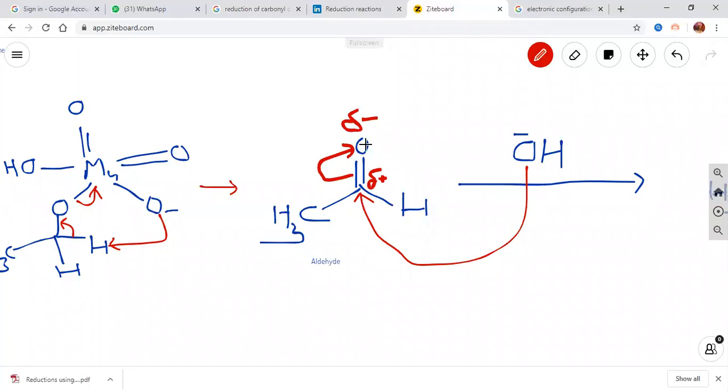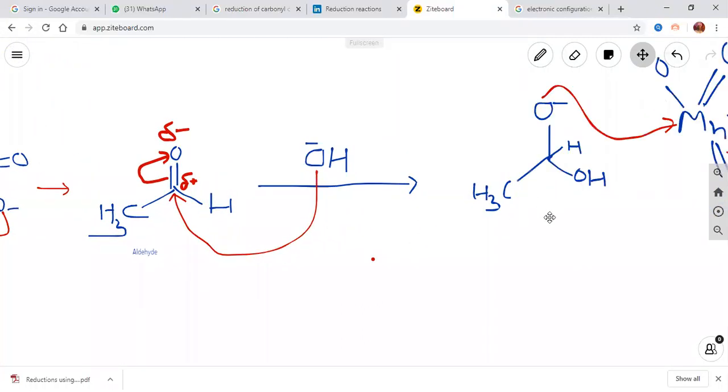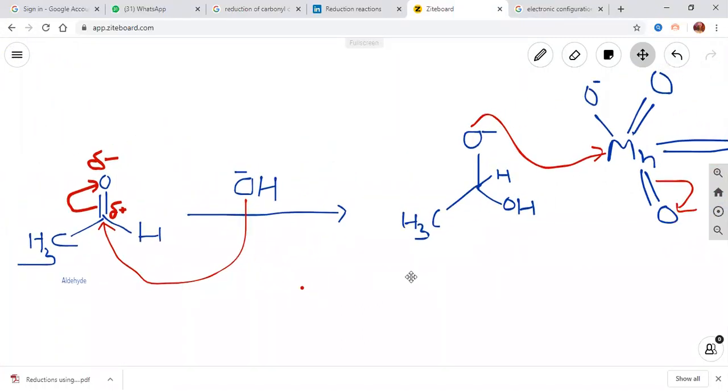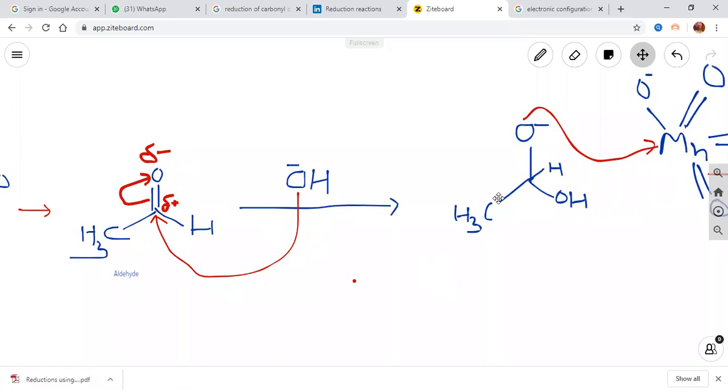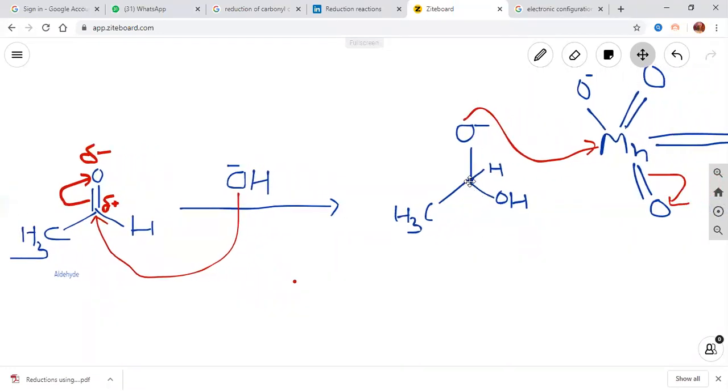Because oxygen is more electronegative than carbon, this bond goes to the oxygen, it becomes negative, and this becomes a positive carbocation. So it is an electropositive center, and this base attacks this electrophilic center. You can see here, this base forms this compound. Now we have oxygen with a negative charge,